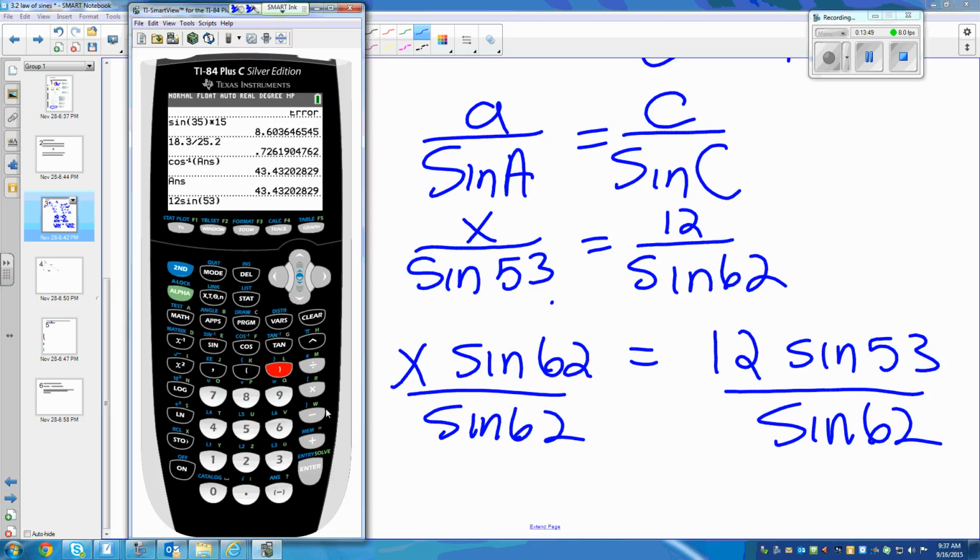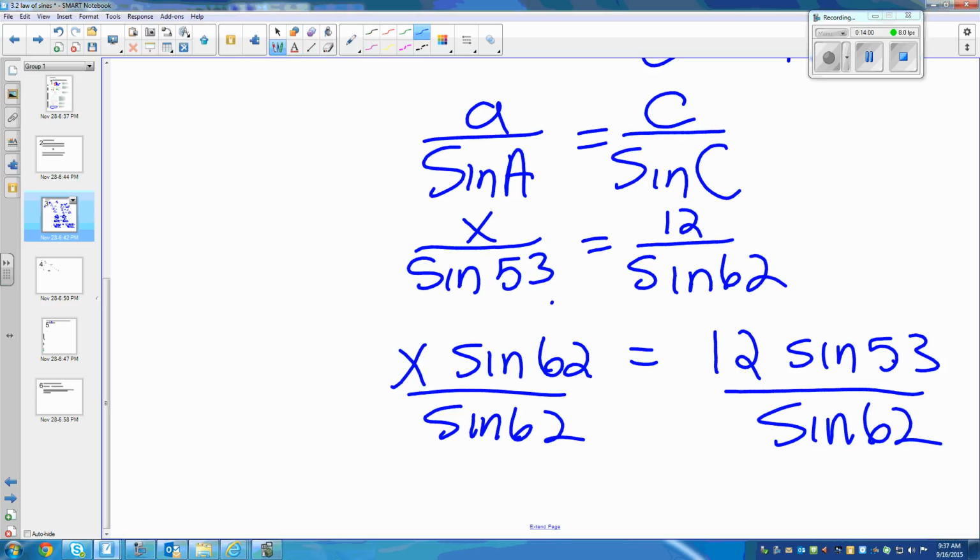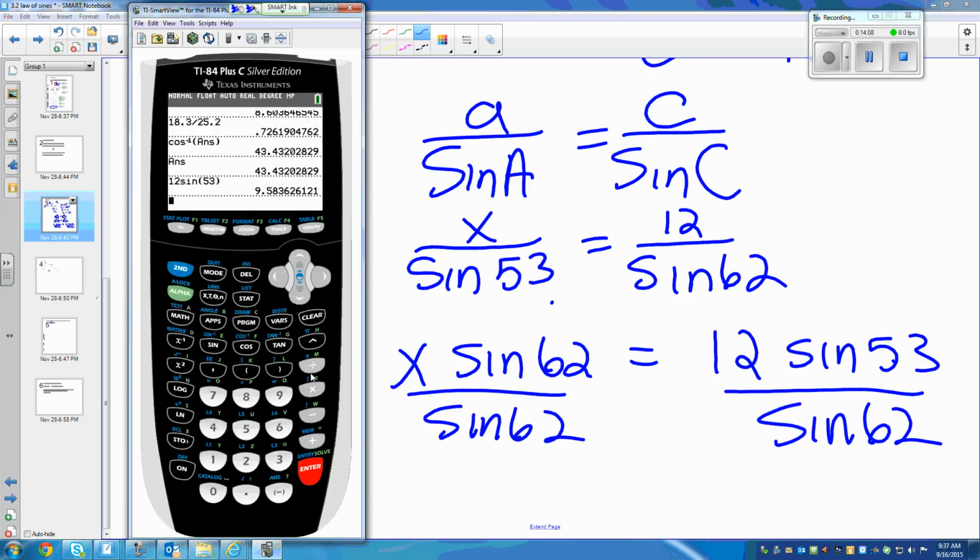Okay? Some people will just find out what 12 times the sine of 53 is and hit enter. That works. So 12 times the sine of 53 is 9.58. That's what this is. And then you have to divide by the sine of 62. Divided by the sine of 62, end bracket,